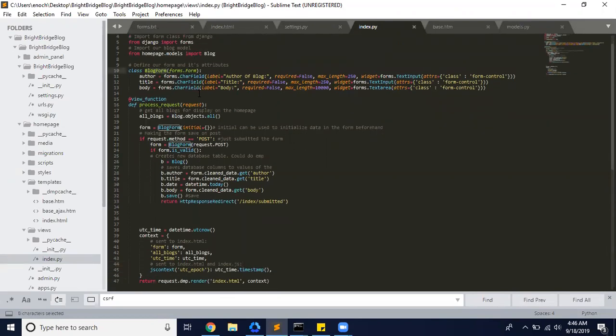So here is our blog form. We have three fields in it: author, title, and body. And each of these has different attributes. They're all char fields. There are other fields that you can use inside of your projects, but for these purposes, char fields are all we need. But yeah, the char field for author of blog